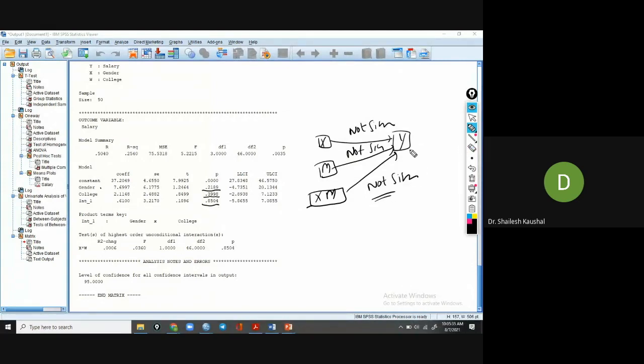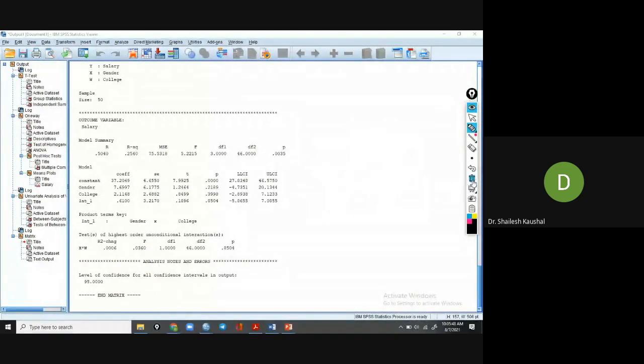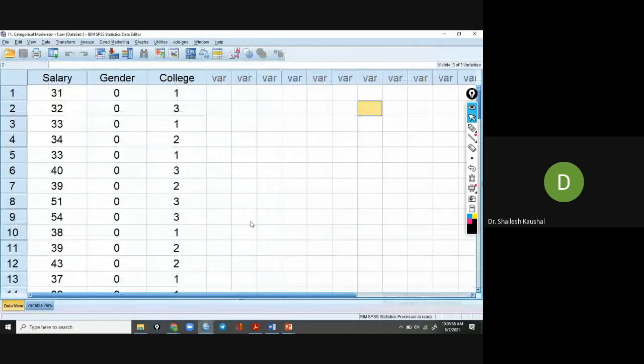Through this we can interpret the interaction effect, X into W. Its value is 0.850, which is greater than 0.05. So there is no interaction effect.